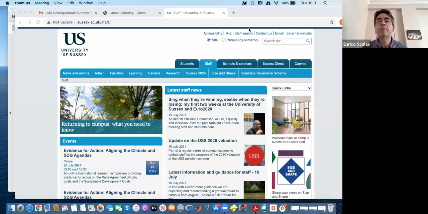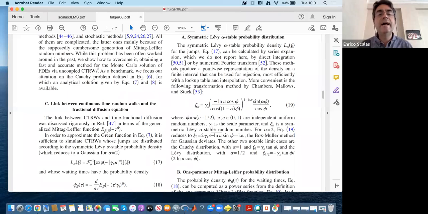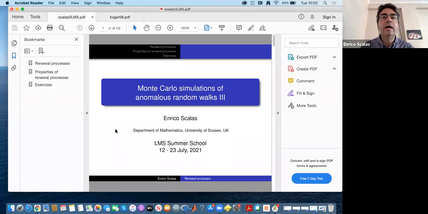Yes, you should be able to see my screen. As I was mentioning, the idea is to give you all the details to be able to read this paper that you can see in the background. We have seen one building block yesterday, which is the random walk. There are many other questions related to random walks that we did not discuss, but we have seen at least how to